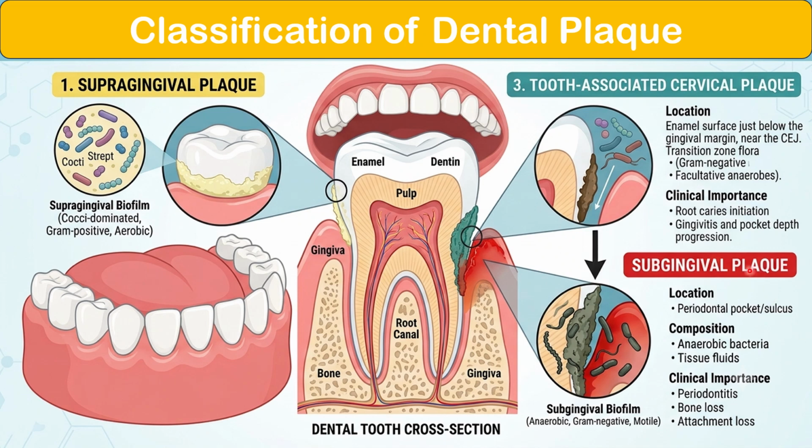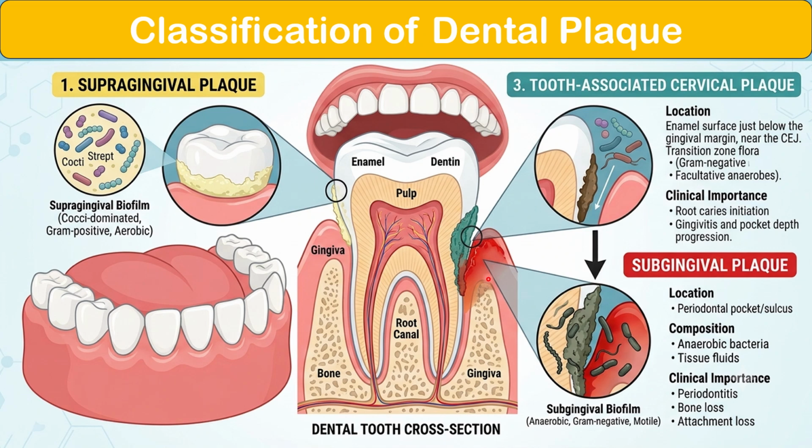Next is the subgingival plaque. It means the plaque which is present below the marginal gingiva, and it is mainly located in the periodontal pocket or within the gingival sulcus. Mainly it is composed of anaerobic gram-negative motile bacteria. The clinical importance of subgingival plaque is that it is associated with attachment loss,